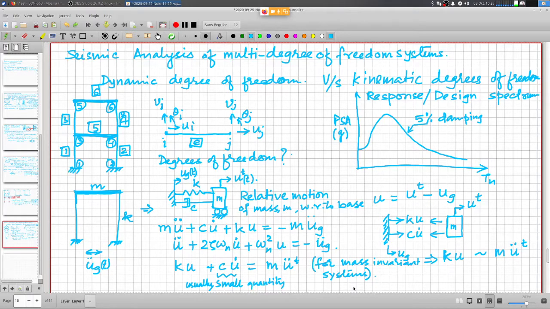Right? Now this is of course time varying and I am interested in finding out what is the maximum value, because for design I need to consider the maximum value. If I can account for the maximum demand, any smaller demand can be easily met. So for design,